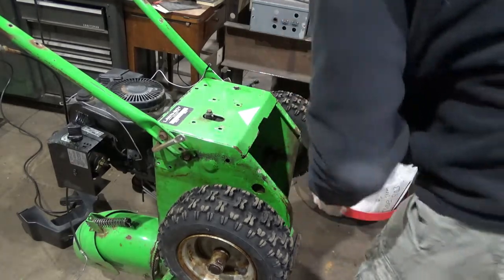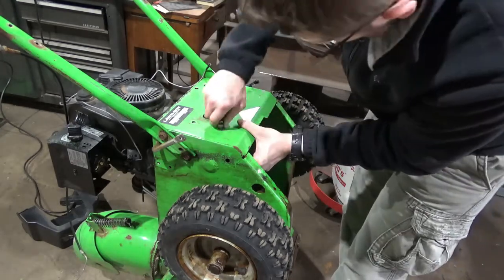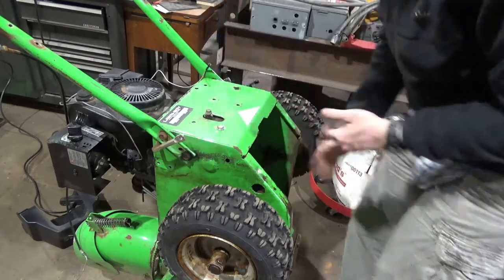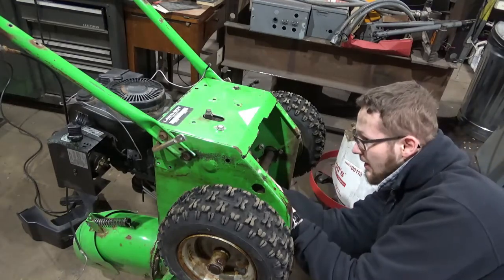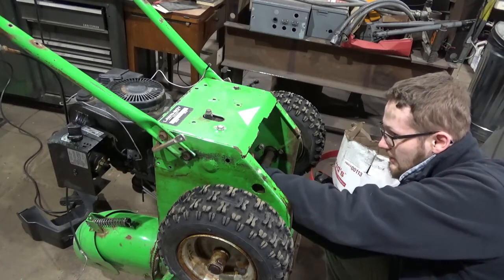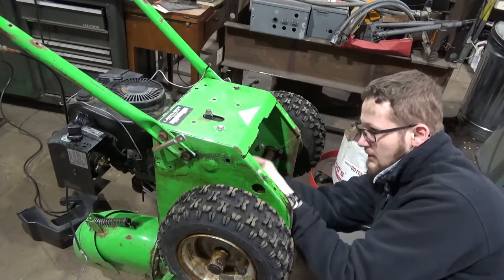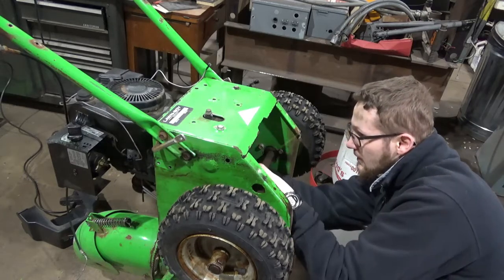I'm going to stick one of these bolts in up here so it doesn't come falling out. You know, it's very hard to get in here with a ratchet. And there'd be no way I could get